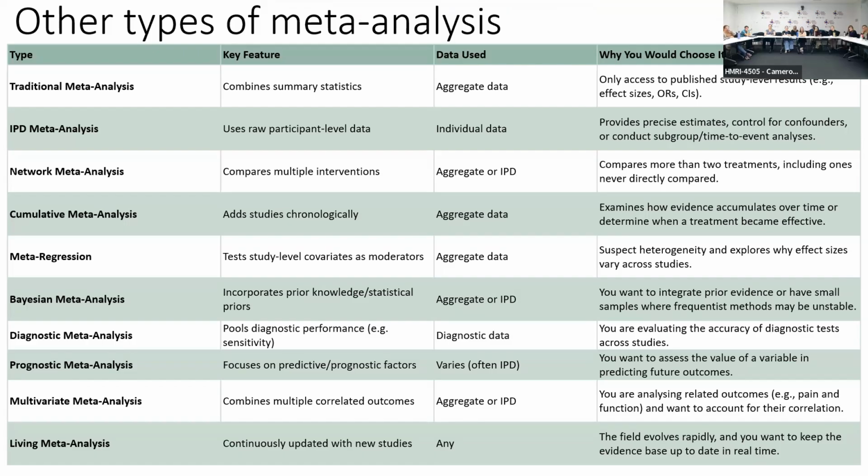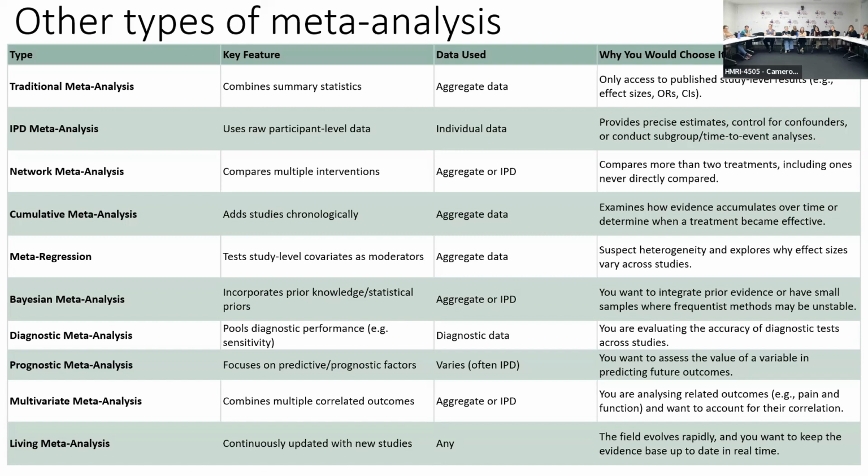individual patient meta-analysis. So the individual patient meta-analysis is I get a group of data from our friends in Denmark, and I get some data from our friends in Spain, and I get some data from our friends in Portugal, and I add it to our data here, and I'll run an analysis looking at effect sizes on the patients, not the studies. So whereas with the meta-analysis, I'm looking at studies, this is basically like a big patient thing. Now, I've put at the end here why you want to do that, and you want to do that when you want to get really precise estimates. You want to have nice control of confounders because you've got more data to work with than what is just reported at a study level. And you can do subgroup analysis and time to event analysis.